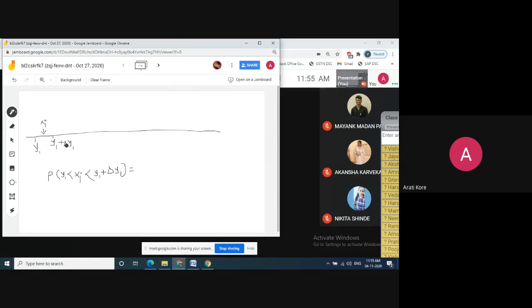So I am going to write it as probability of xi less than y1 plus delta y1, meaning up to here, probability from minus infinity. Right? So I will write it as probability of xi less than y1 plus delta y1